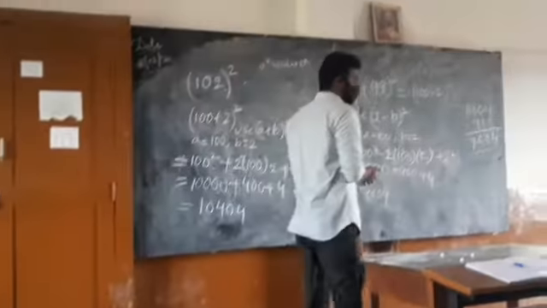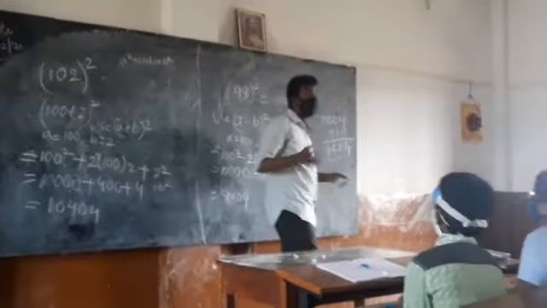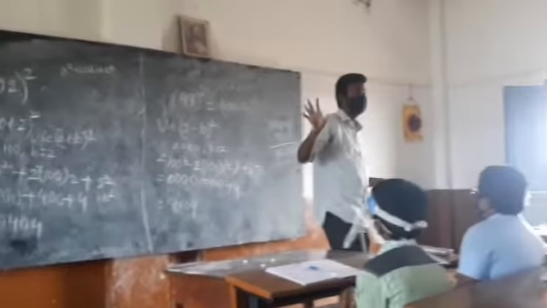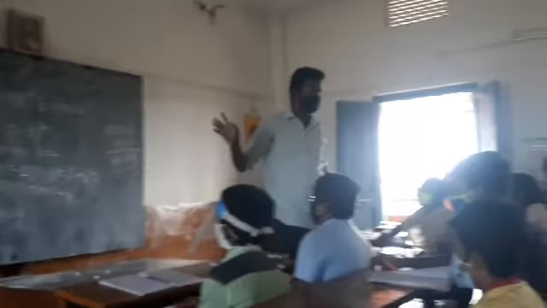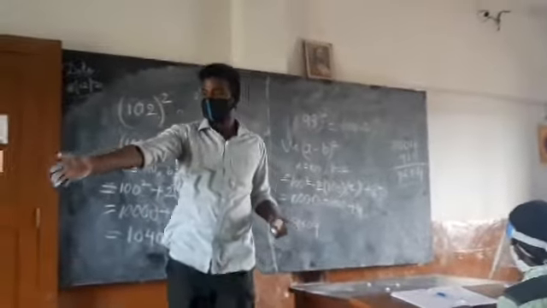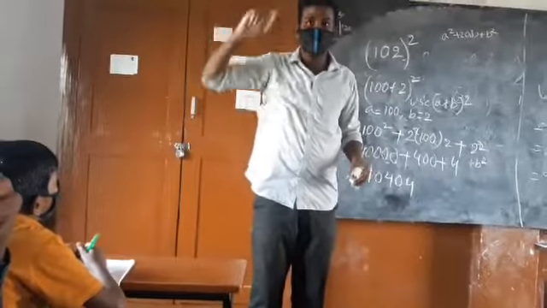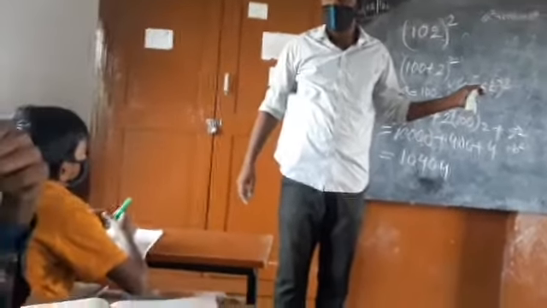So all these are called identities. What are these called? Identities. We have discussed two of the identities. What are those? What is the first identity we discussed in the first class? You are not in connection with the class. What is the first identity? It's from the first class.